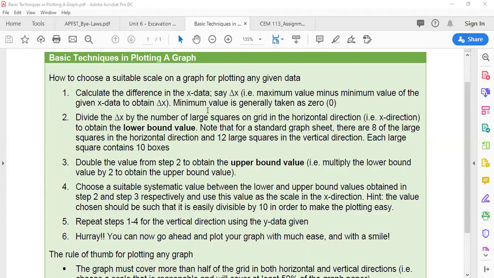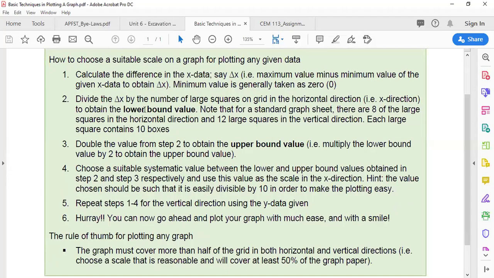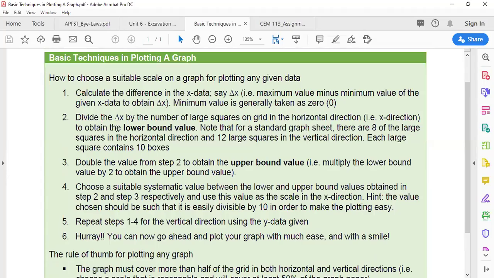I gave some clue in plotting the graph, and this is the clue. You need to choose a scale. It's one of the most important things you should be able to do first. First of all, you need to calculate the difference in the X data. So if I say X data, for the graph we are going to plot, the load is plotted on the y-axis, and then the